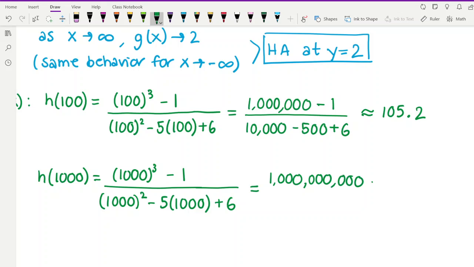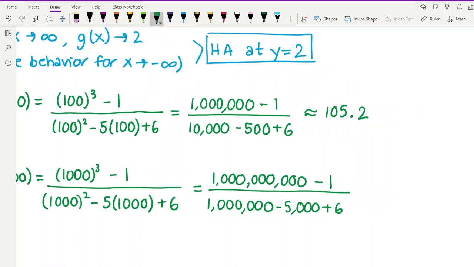Okay, so that's our numerator, minus 1. And so now you can hopefully see why this minus 1 doesn't even matter, right? The number that is first is just going to be so much bigger. And then in the denominator, 1,000 squared is 1,000,000. Okay, so the denominator is still a big number, right? 1,000,000 minus 5,000 plus 6, that's still a big number. But a billion is like so much bigger, right? We have 3 additional zeros in the numerator compared to the denominator. And so when you divide this out, now we get that the answer is approximately